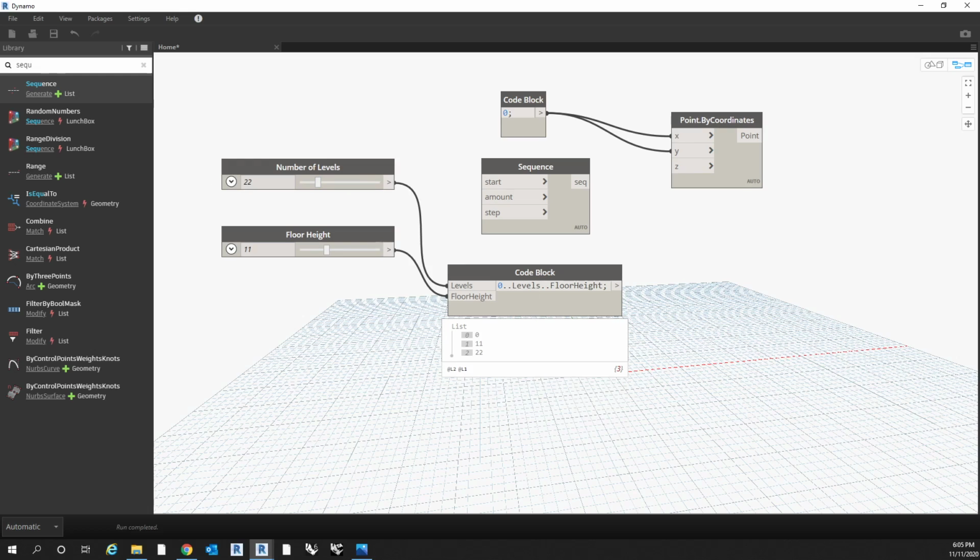All right. Now what the hashtag does is it tells the code instead of being the list from 0 to levels and adding the values of the floor height in there, it's saying that we want a list starting at 0 and increasing by the floor height this many times, right? So we want the 18 values in this list starting at 0 and increasing by the floor height. I know that's kind of confusing, but this is an introduction to